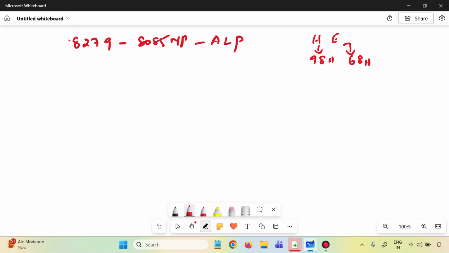Now let's start with the program. Whenever we want to write an ALP for the 8279 interfaced with the 8085, it's a display control IC, a keyboard cum display controller. Whenever a key is pressed, it is going to display, and here it's going to show a direct rolling display of these two characters HE. So on a display, your H and E will be displayed.